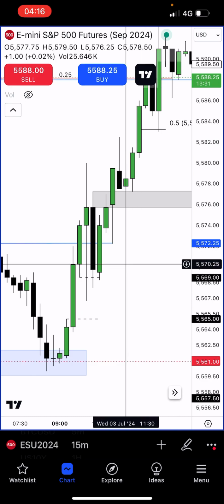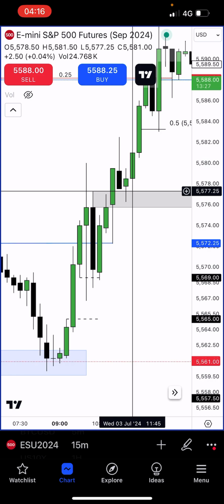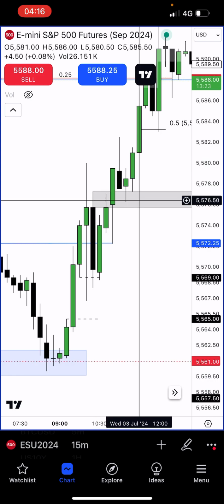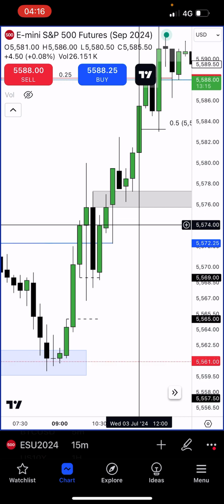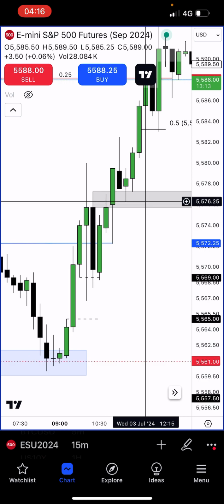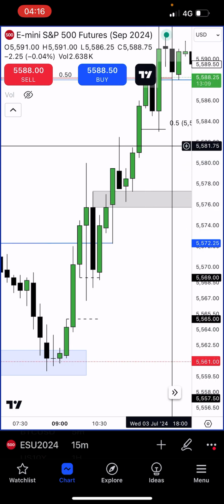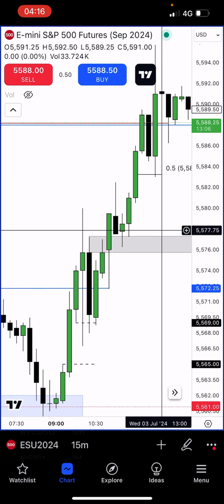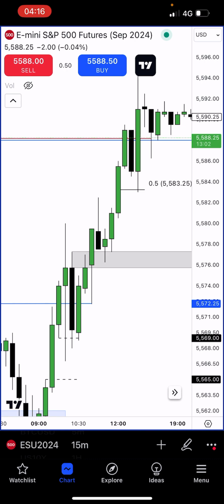So the buying signal would have been at 11:30 and 11:45 at the highest displacement. That would have been the mean threshold and the upper displacement. Stop loss halfway of this imbalance. Let's say we're placing it there, 576, 574, 573 even. Now I'm taking profit at 588 and a quarter, and I would have wrapped it up there.